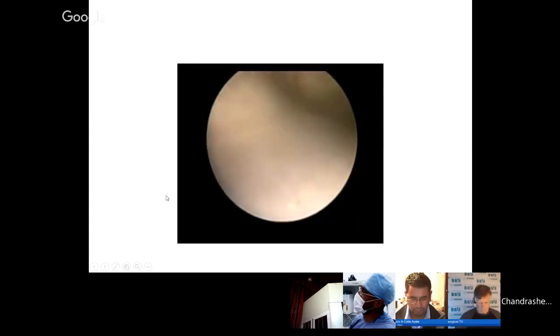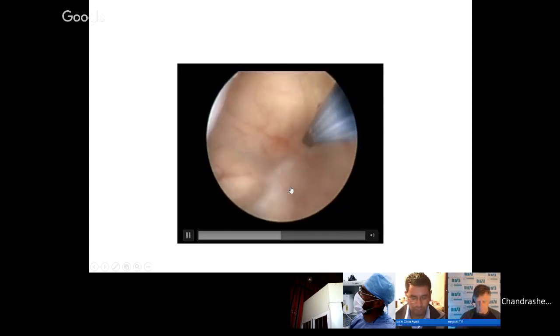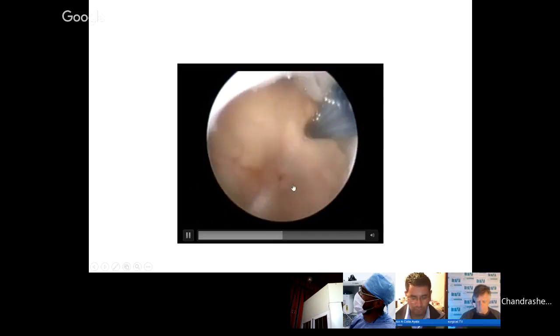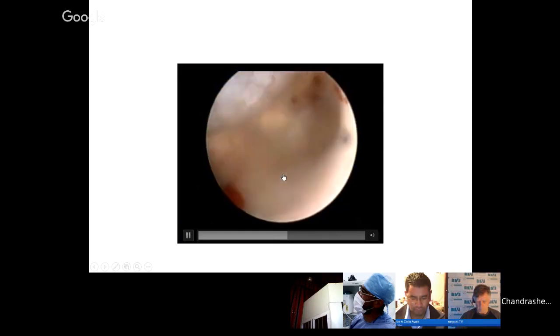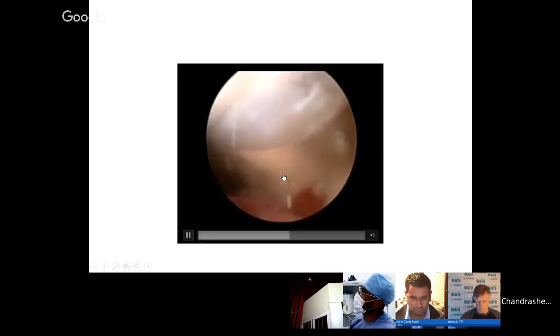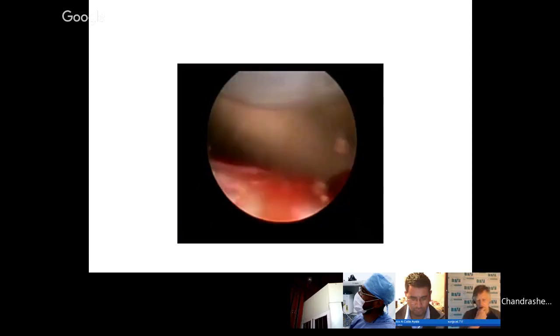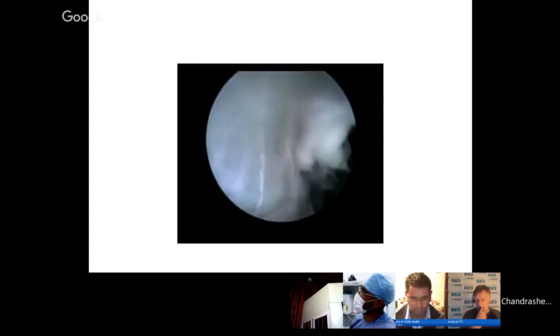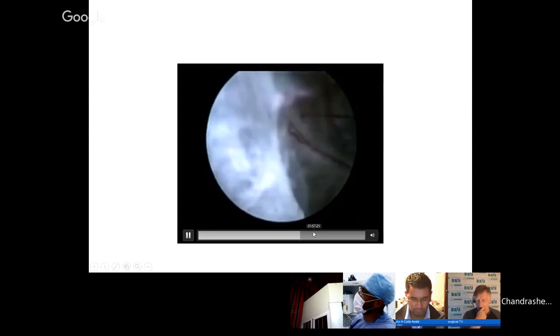This is the cyst which has been opened, and after opening the cyst, I have come back to the third ventricular floor, and under navigation, after making sure and getting a good feel that I am just behind the clivus, I am able to make this opening. I think this is not something which you should try in the beginning unless there has been a reasonably good amount of experience. A blind kind of a third ventriculostomy is not really a good idea to do.